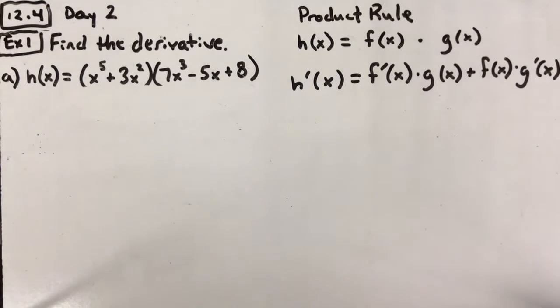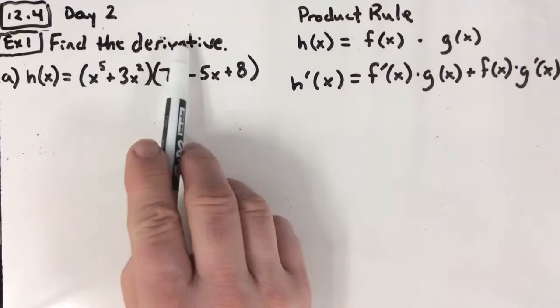12.4, day number 2, is going to be the second shortcut that we cover in 12.4. In 12.4, day 1, we learned about a shortcut called the power rule, and we're going to be using that one to do the product rule. In the directions, they're going to ask us to find the derivative,